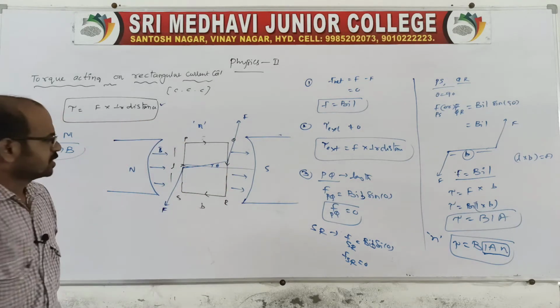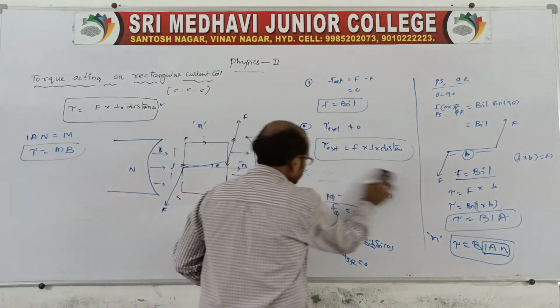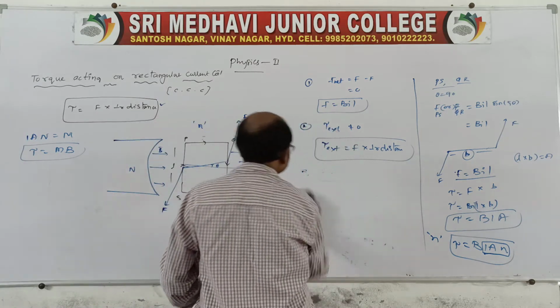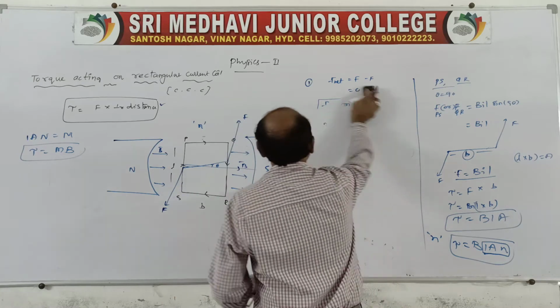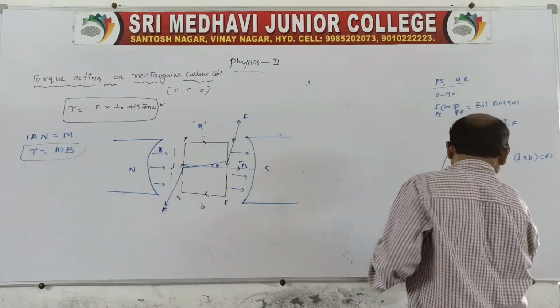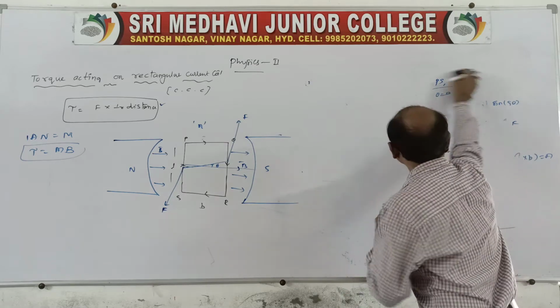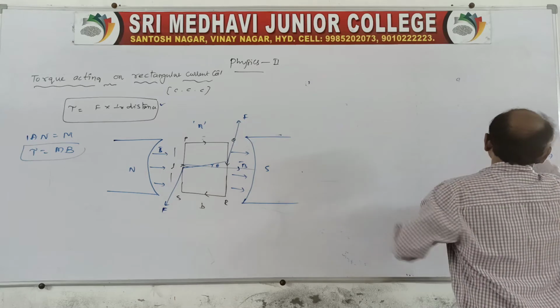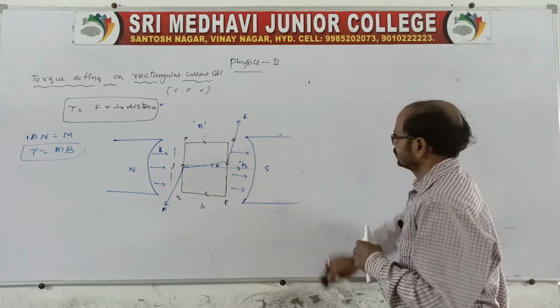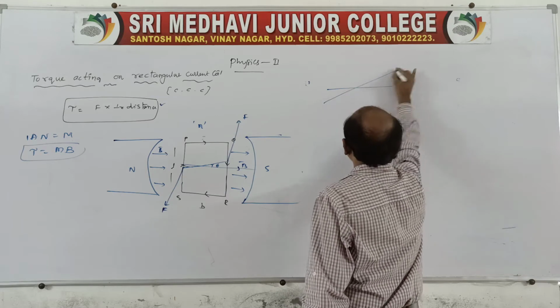Is it correct or not? This is the direction of B, no? Now, you take this one, from this, to take out that, then we will see what will happen. So, the next point is, we can say, torque is nothing but BIAN. Now, let us take this.